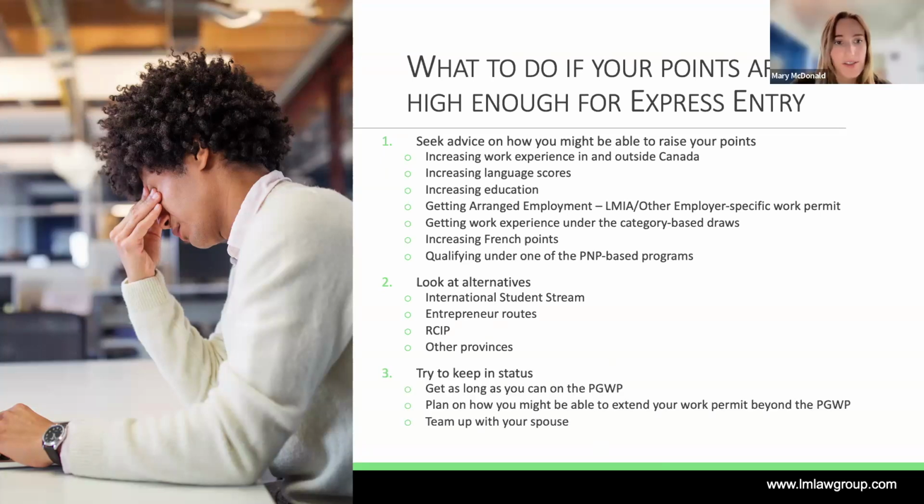And then trying to keep in status. So make sure that you get as long as possible on your postgrad work permit, and then plan on how you might be able to extend your work permit beyond the postgrad work permit. So if you have a cooperative employer, for example, that can be a great way to do that, just to give yourself enough time to make a competitive application for PR, either through a P&P, an alternative route, an Express Entry profile,